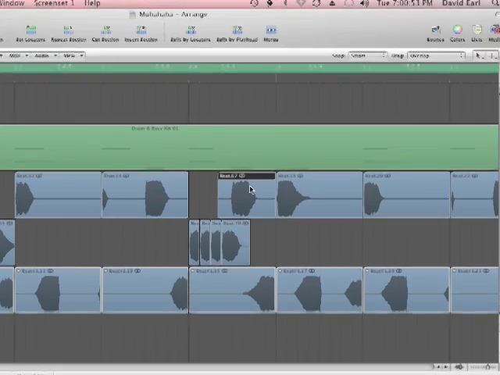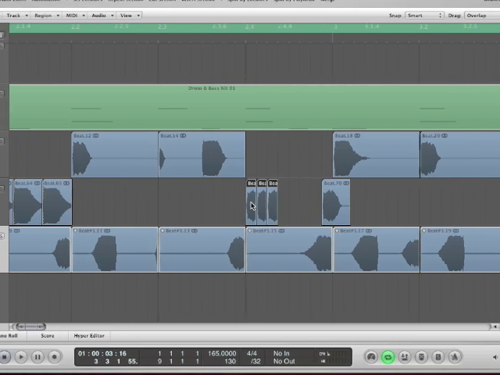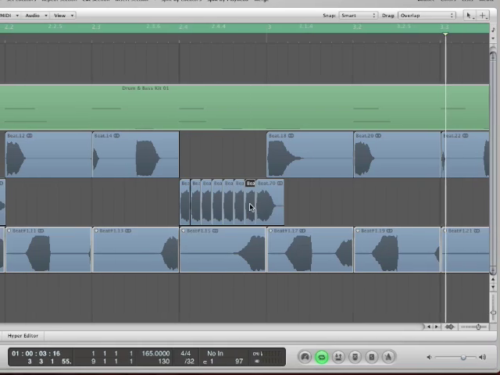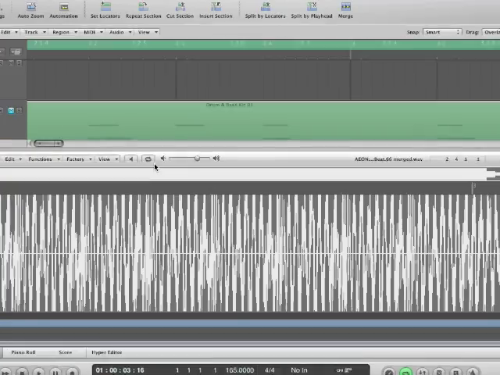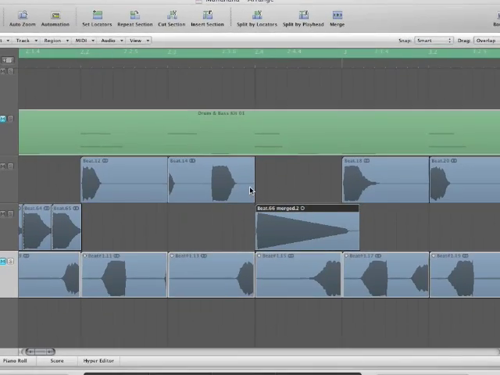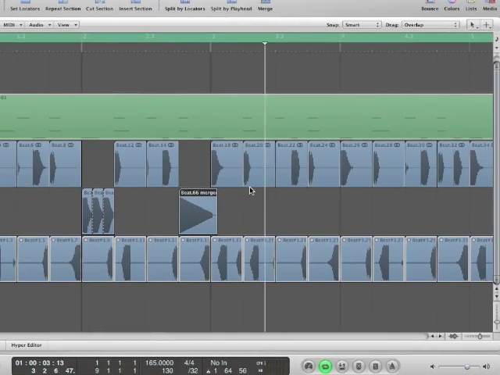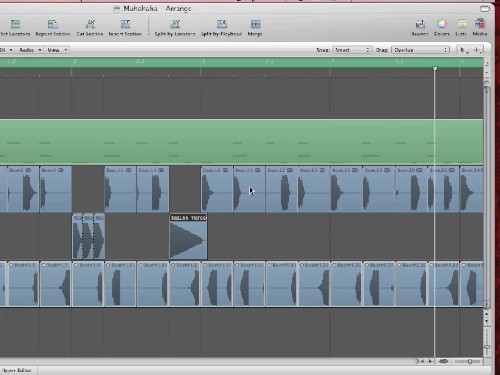So I'm going to go ahead and extend this out so we have a bit of a longer stutter going on. Once again, I'm just holding Option and doing that. Merge them together. Double click. Functions. Fade out. Okay, a little better. Now, depending on how crazy you want to get,